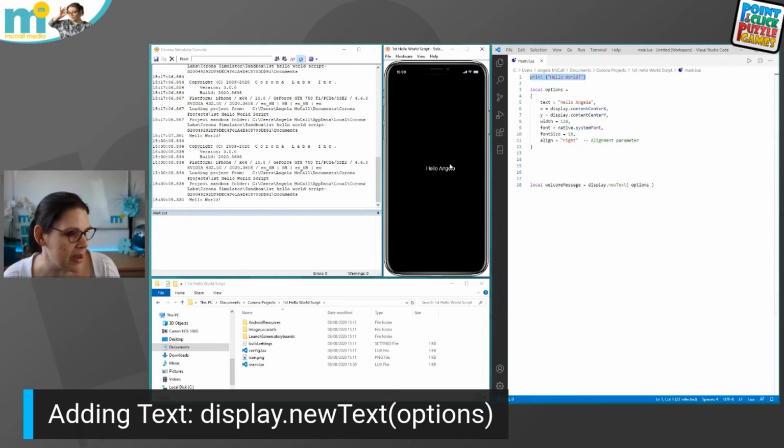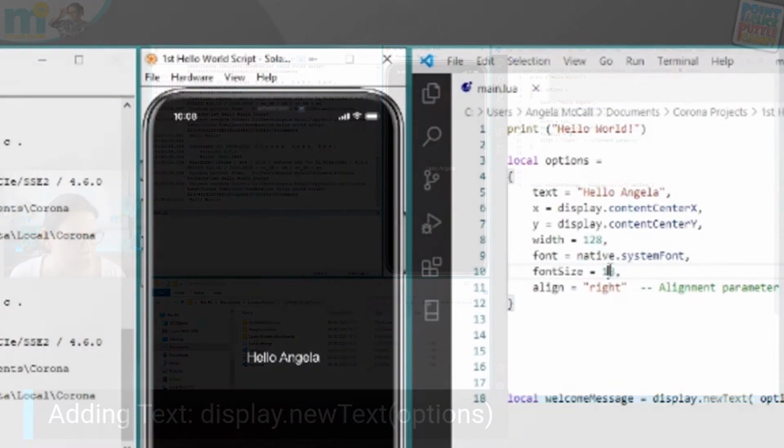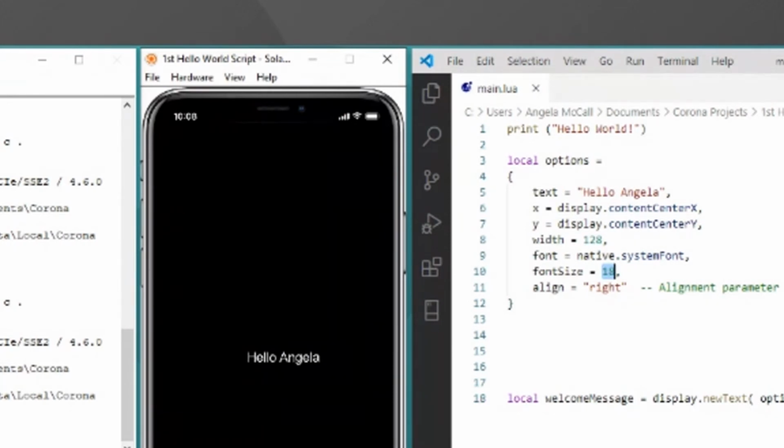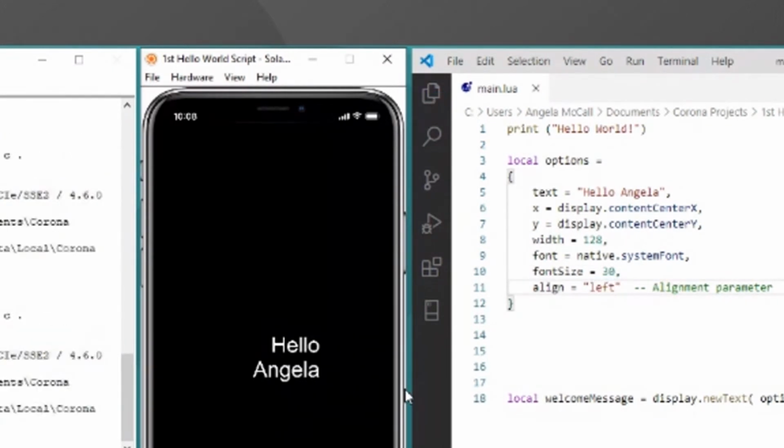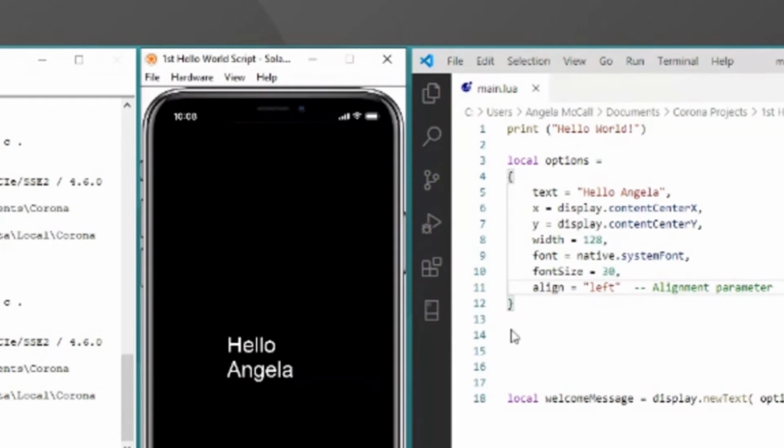Now you might not be able to see this very well, so you can change things now, but I'm going to make this 30 pixels. Again, I've just made a change. I'm going to save, and then that will rerun everything again, and there we go. And I think it's right aligned, so if we were to change it and make it left aligned, save. Now you can see that everything's aligned left, and if I put center,